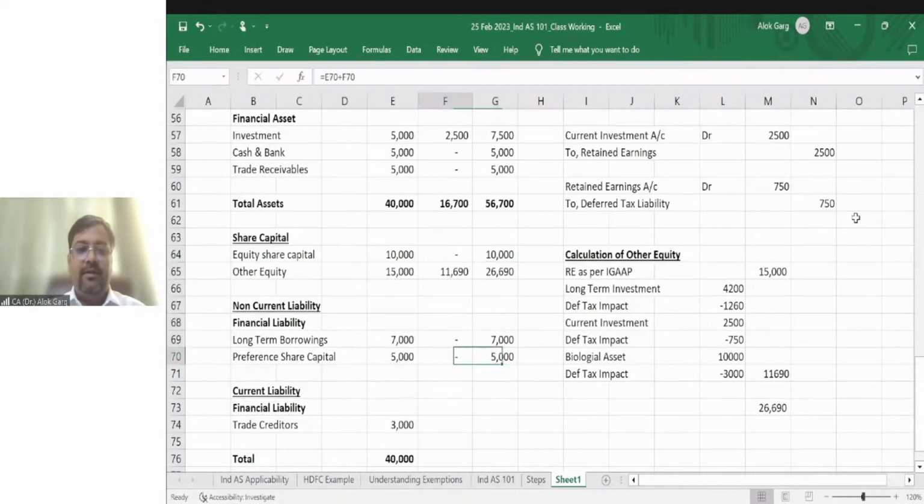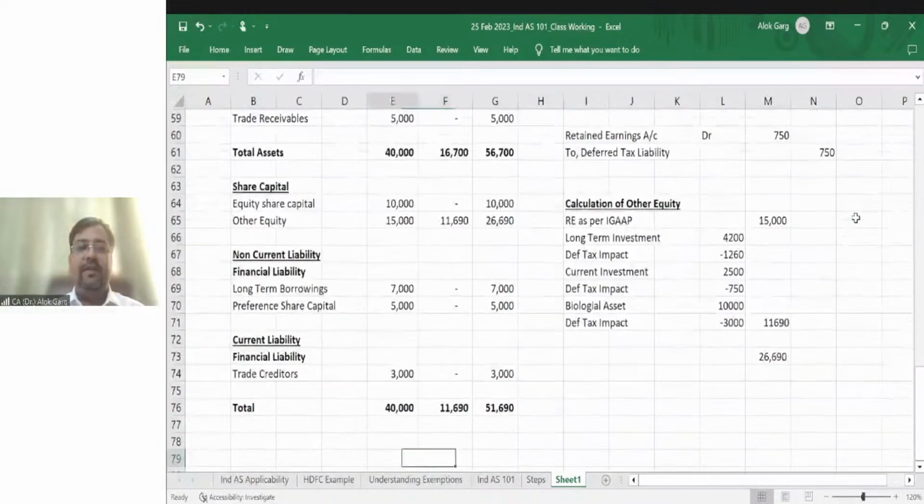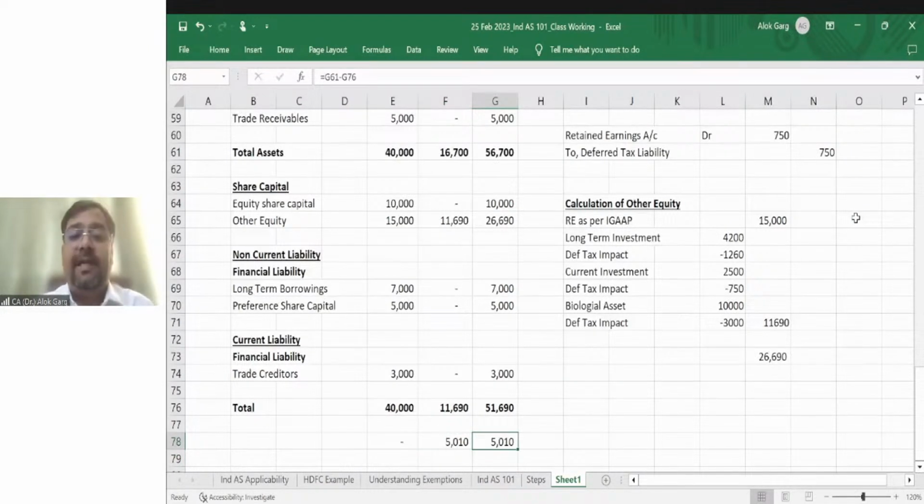preferential capital. There is no change in trade creditors. You can see your number will not tally, right? You can see there is a difference. In the IGAP balance sheet, there is no difference. Why is there a difference? In the Ind AS adjustment, there is a difference of 5,010, and the same number is the difference in your Ind AS balance